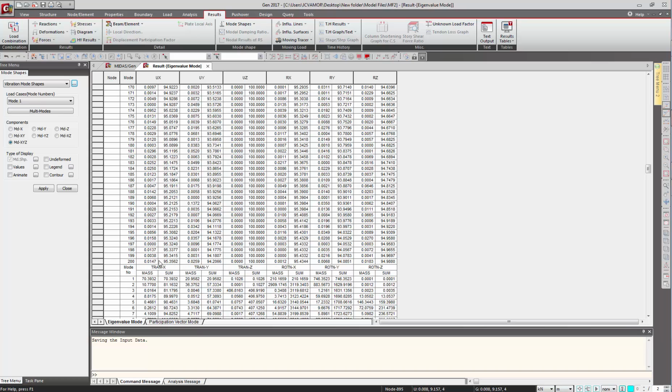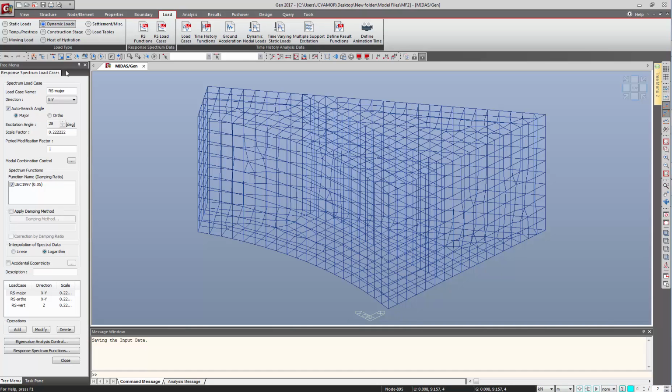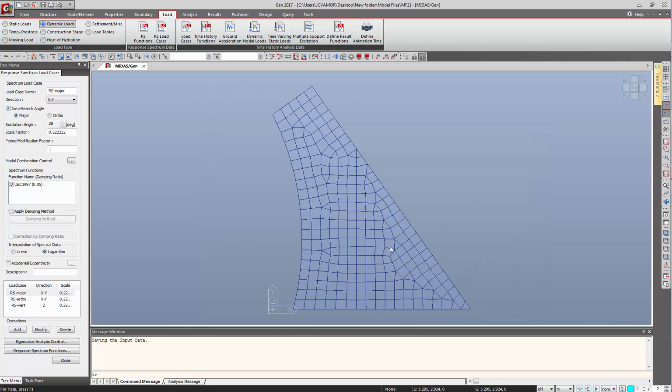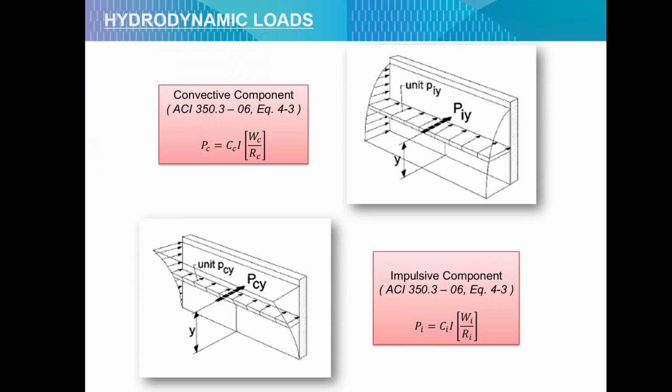First, we're going to go to the RS load cases. You can see the excitation angle, which is 28 degrees. So now we know the excitation angle of the structure. So this excitation angle defines the direction of the earthquake force that will give the highest seismic effect on the structure. The convective and impulsive components of hydrodynamic loads can be computed using these formulas, which you can see